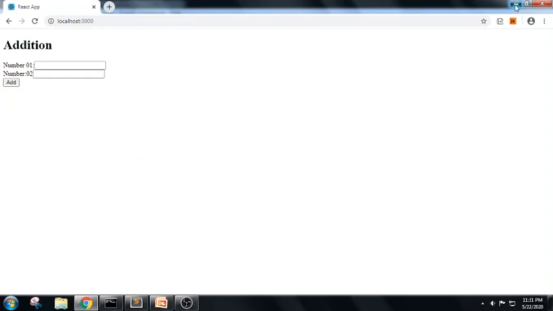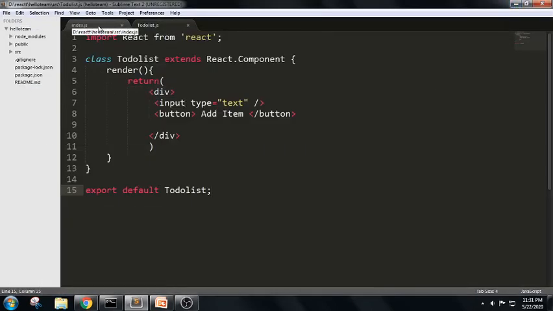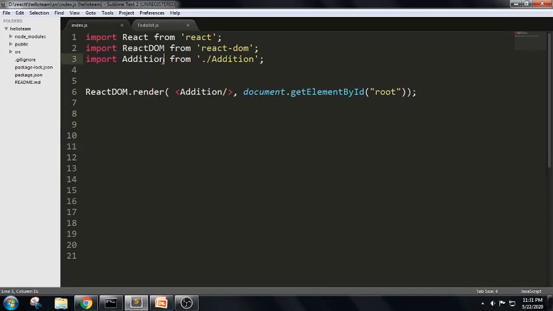But in order to change this output, we should always include this one. So what is the class name here? The component name is ToDoList, what we have taken. Yes, ToDoList here, and let me write ToDoList. We are writing the component name here, which will be rendered in the ID defined in index.html, that is the root container.